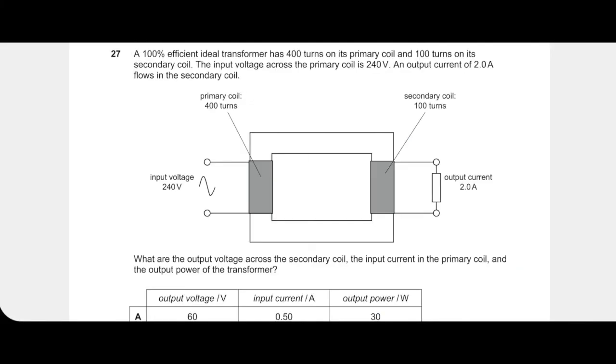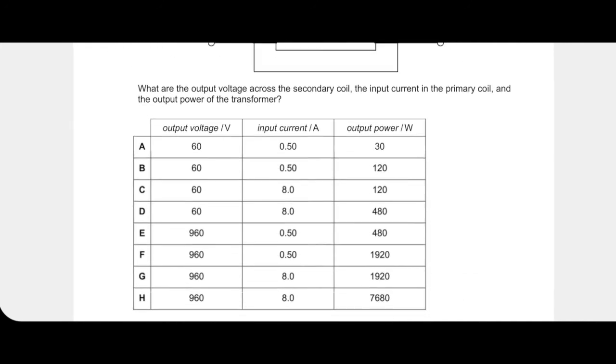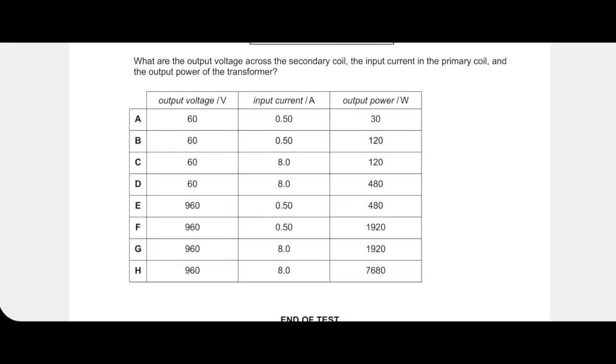Question number 27. A 100% efficient ideal transformer has 400 turns on its primary coil and 100 turns on its secondary coil. The input voltage across the primary coil is 240 volts. The output current is 2 amperes flow in the secondary coil. There's a diagram of the transformer being described. What is the output voltage of the secondary coil, the input current of the primary coil, and the output power of the transformer? So immediately you're going to work out the output voltage, the input current, and then finally